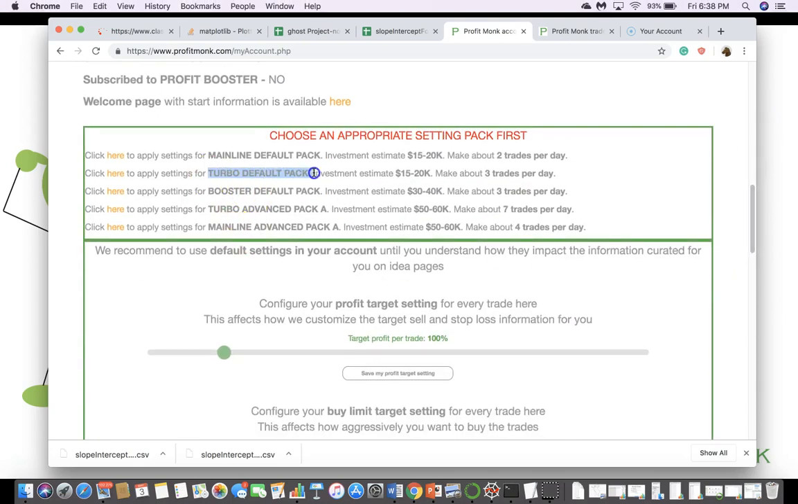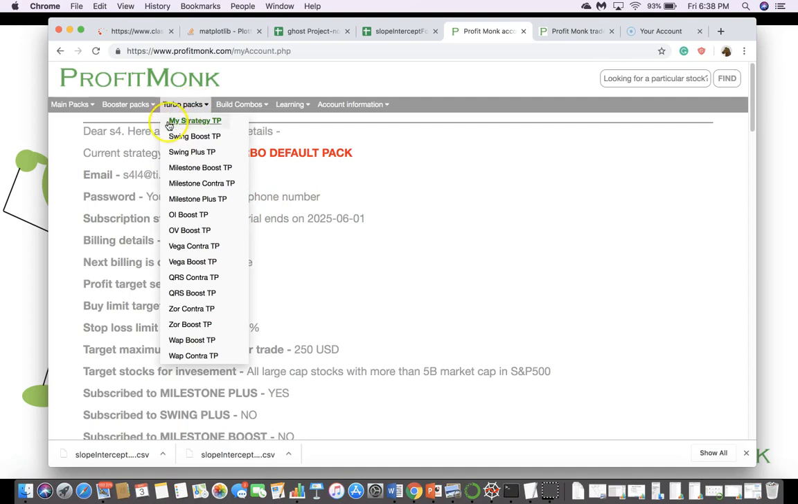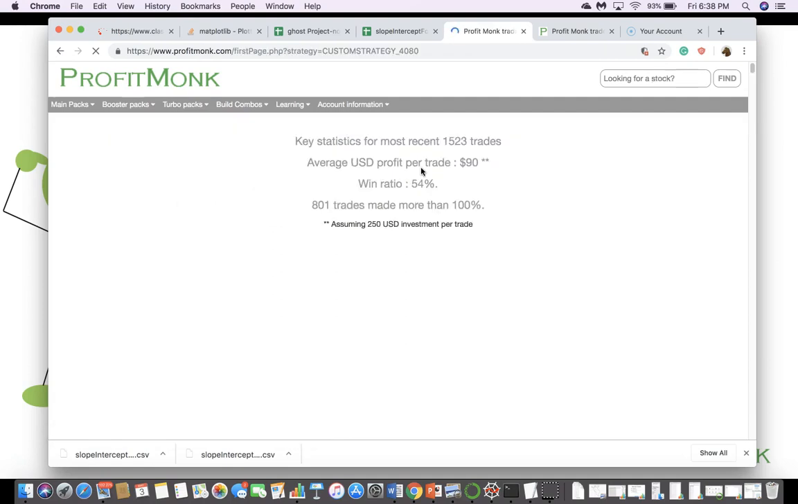By the way, this is what I meant. This is the turbo default pack. This is the setting that you should use as a newbie trader. So let's say you've done that, and you have seen that your current strategy settings are turbo default pack. So where do you get all your trades? You get all your trades here in my strategy page right here in this green color text. So you go to turbo pack, hover over it, and then go to my strategy TP. So after that, all your trading ideas are going to appear